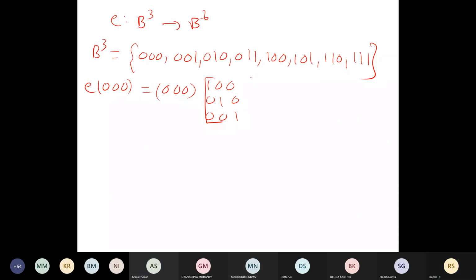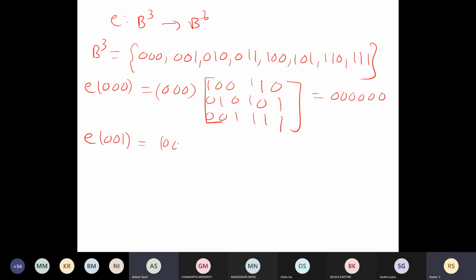Then 1, 0, 1, 1, 1, 1. So anyways, you are multiplying by 0, 0, everything is 0 here. Then E of 0, 0, 1. Can you complete this and tell me? Please multiply and tell me.